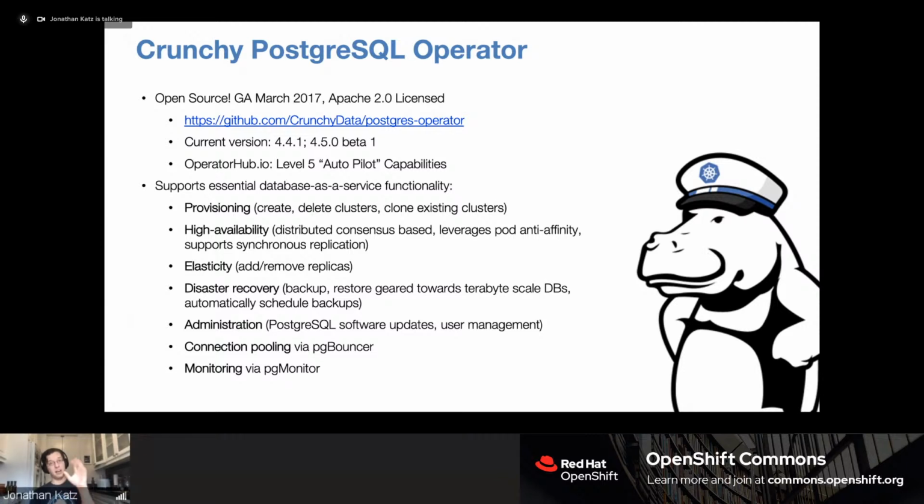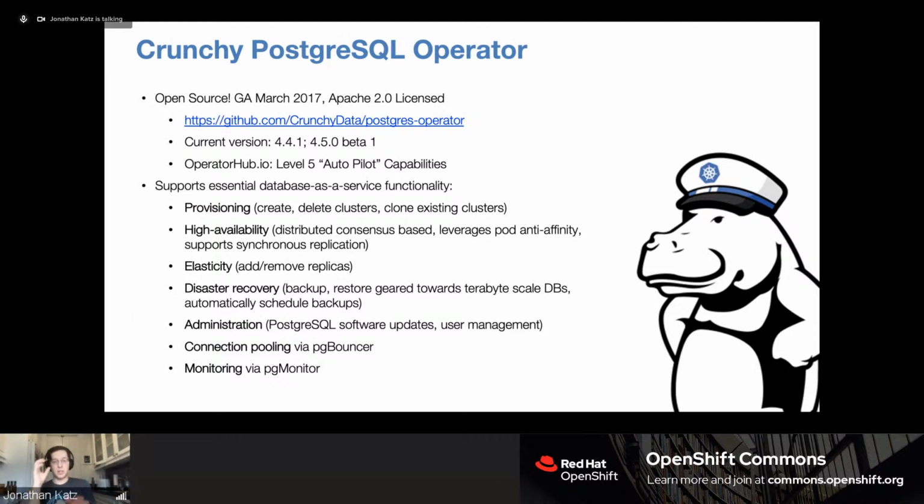Elasticity: being able to add and remove replicas. They could be for high availability purposes. They could be that you need a read-only replica, because your business intelligence person comes in and wants to perform some read-only queries. And it could be for load balancing as well. It just depends on what your use case is. But the idea was to make it easy so that I can add an additional replica just by typing pgo scale hippo, or whatever my cluster is.